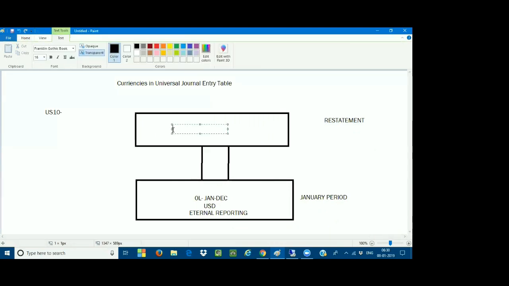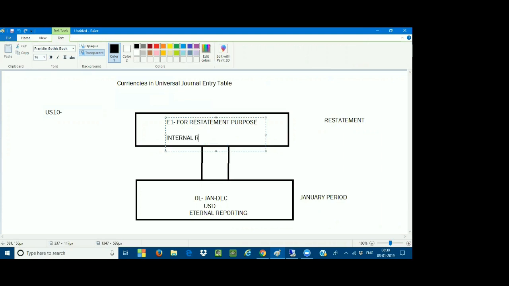I'll call it E1, so I can easily identify it as the extension ledger for restatement purposes, which is only for internal reporting purposes. I'm creating one more financial statement, which is only for internal reporting, not for external.